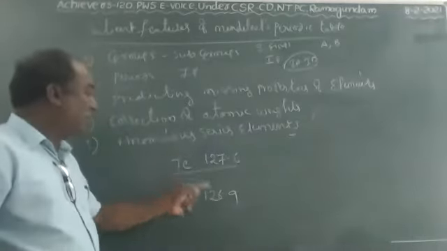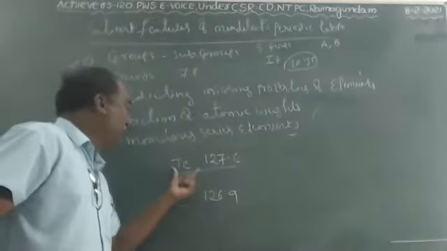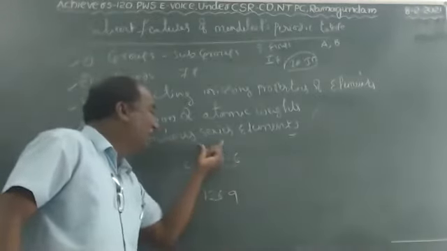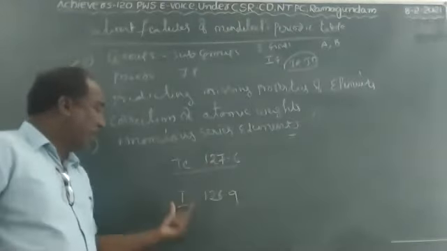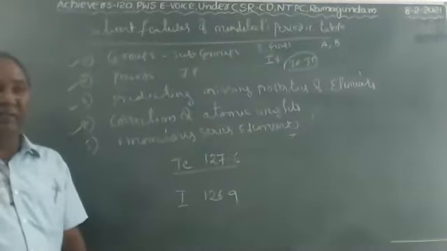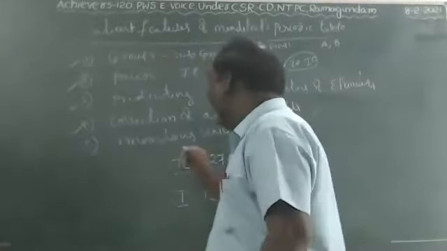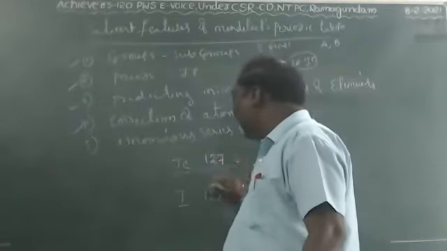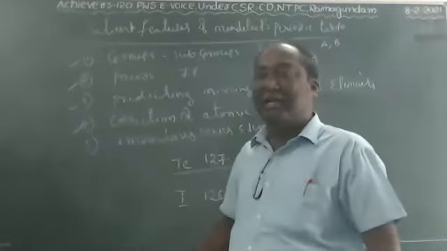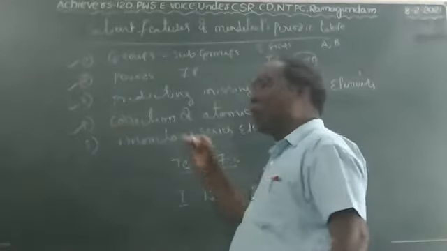Why? Because first we have to write the smallest number. But here, Mendeleev placed the highest atomic weight first, then the lowest. Tellurium is written first, and iodine second. Mendeleev also accepted this minor inversion. But due to this, there are some benefits. Due to their atomic weights, they are suitable in that particular place only. That's why this kind of element is called an anomalous series.